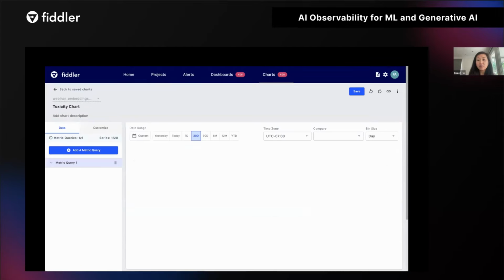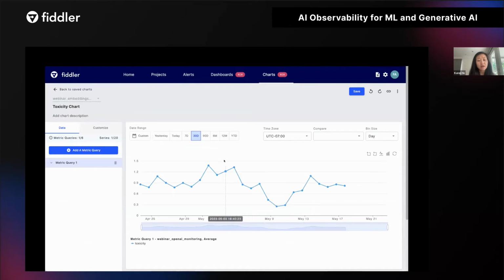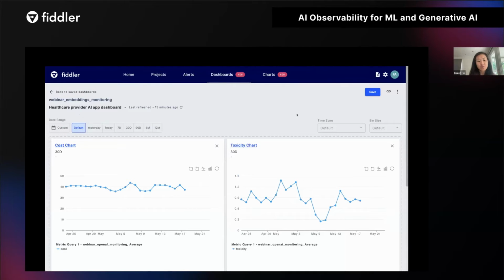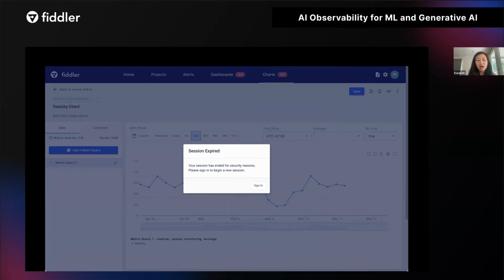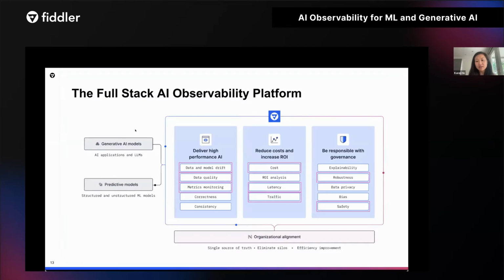ML teams are able to chart out and measure metrics like toxicity, latency, cost, using custom charts, and also put them in a comprehensive dashboard where they're able to share with the ML teams and the business teams, so they're able to make better decisions, whether that be fine-tuning the LLM or improving prompt engineering.